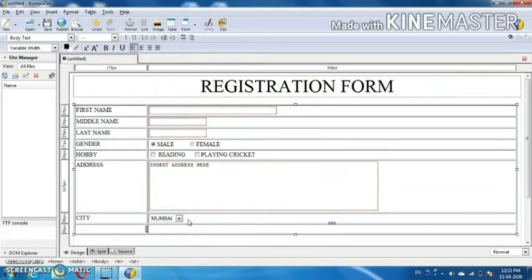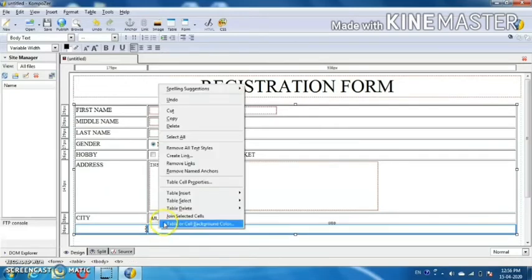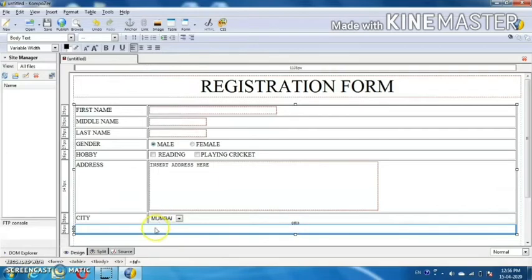Now again give a tab. I've selected these two rows and I'm going to merge them. Now I have selected alignment as center.